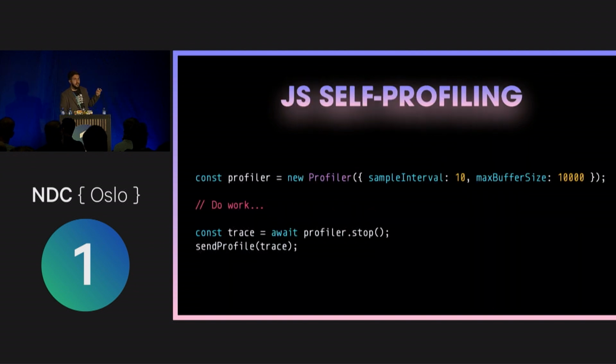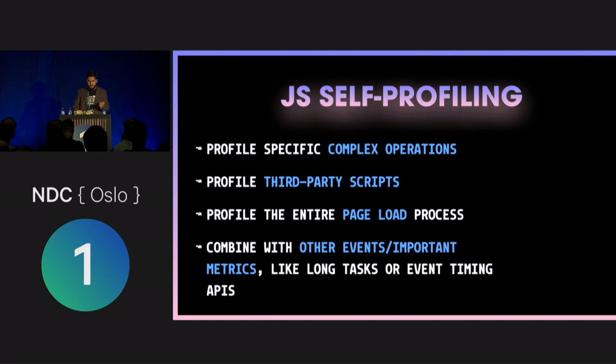Following that, we have the self-profiling API. So basically, you instantiate a new profiler. This one is not using performance observer, and then you start doing whatever you think is heavy stuff, and then you can, for example, track in a service or somewhere else the stack trace you'll get for that, and it's really handy for profiling operations that you know are going to be heavy on the